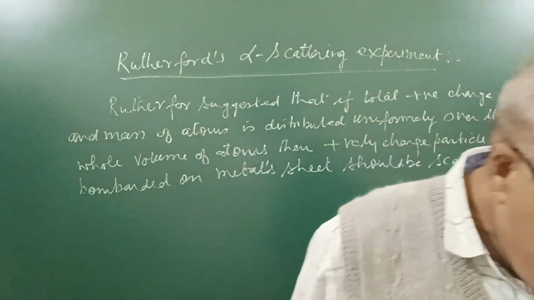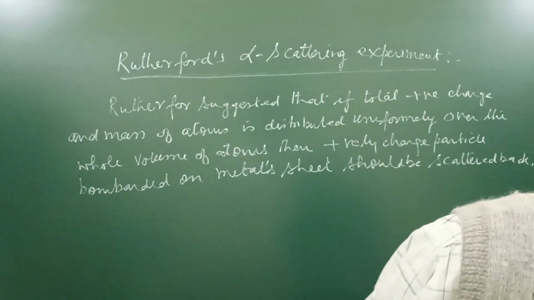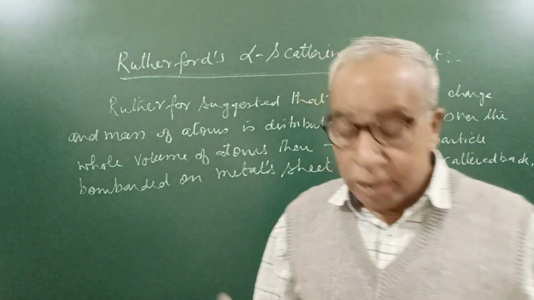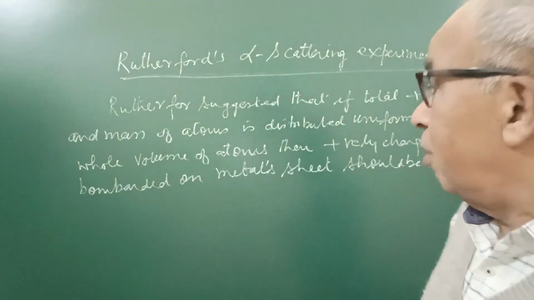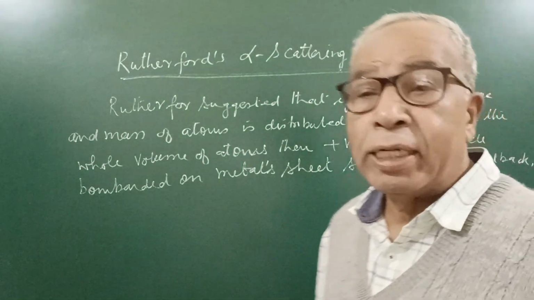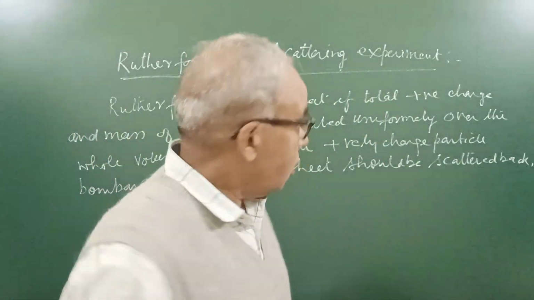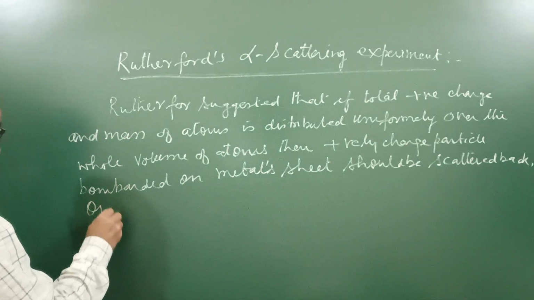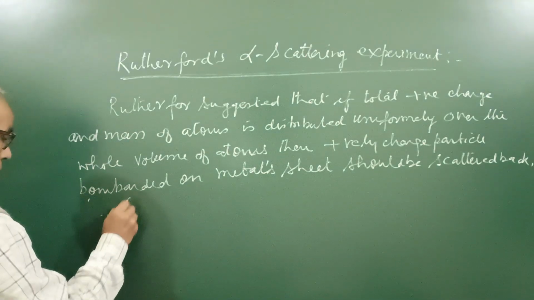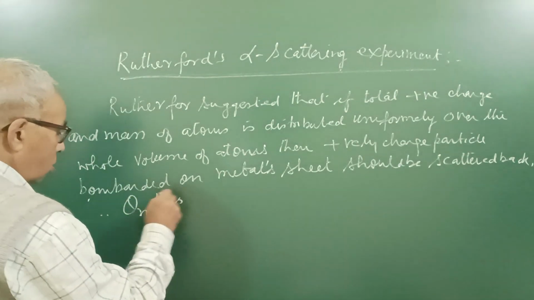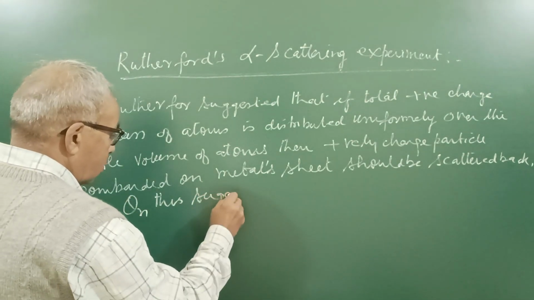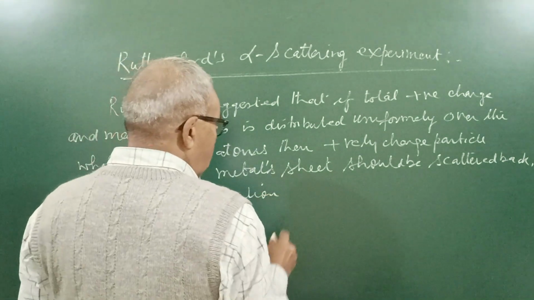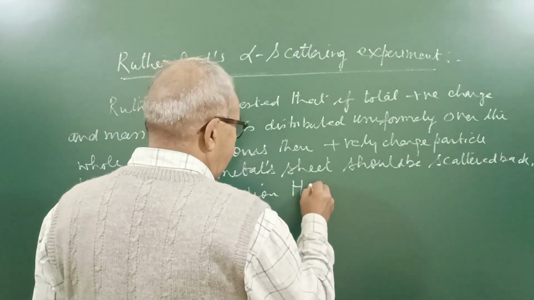But Thomson told that the total positive charge and mass is distributed uniformly. But that model, I told you, could not explain anything about the spectrum of each atom. So he thought like that. On this suggestion,